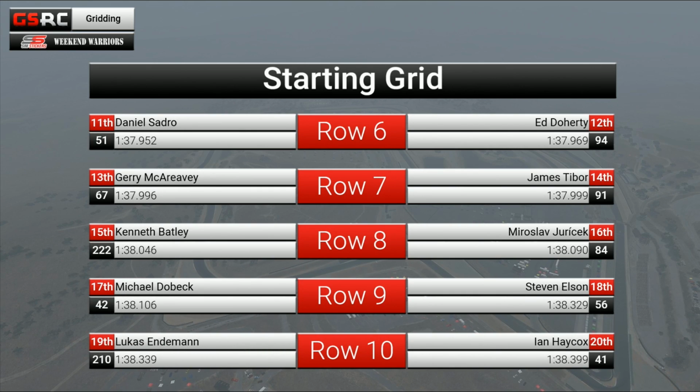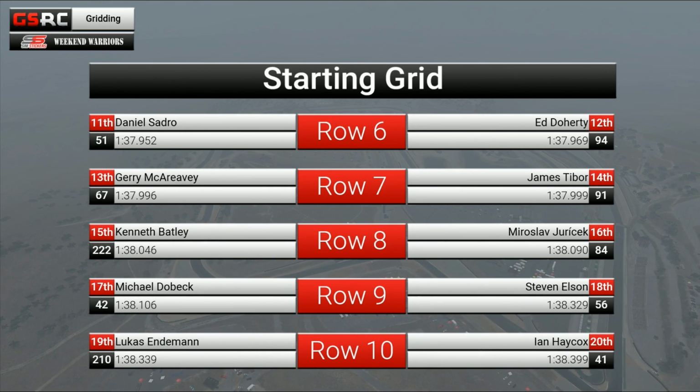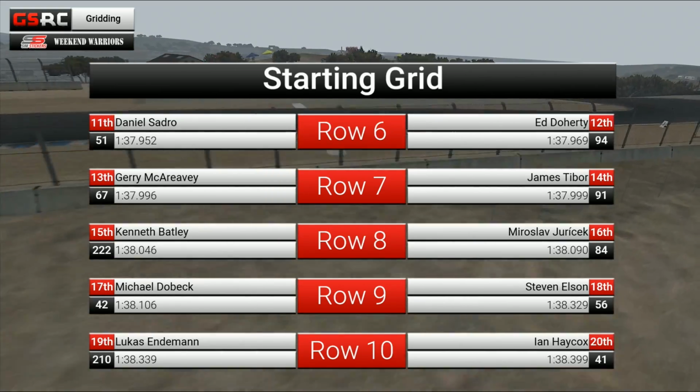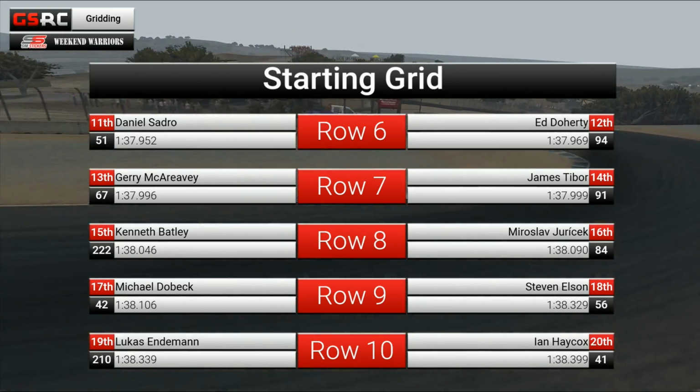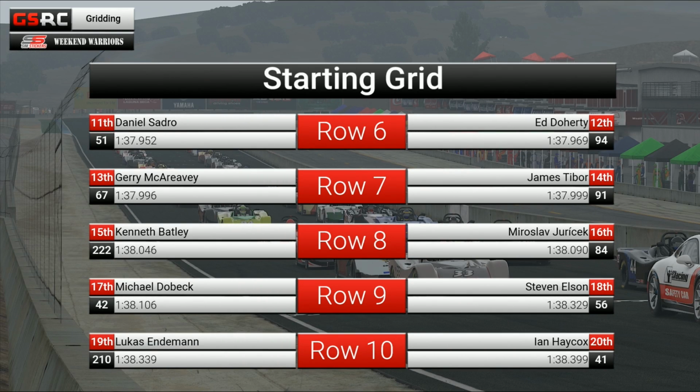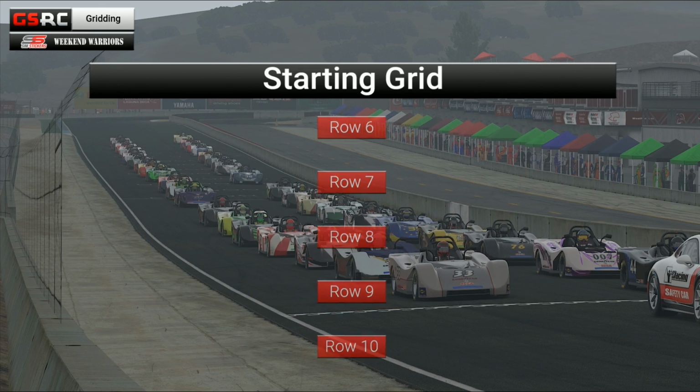Starting in 11th from row 6 is Daniel Sadro. Alongside him is Ed Doherty in 12th. 13th is Jerry McAreevy. Alongside him is James Tyburn in 14th. 15th is Kenneth Bately. 16th is Miroslav Jurasek. Quite unusual to see Jurasek down there. 17th is Michael Dobek, and alongside him in row 9 is Stephen Elson in 18th. Row 10 consists of Lucas Enderman in 19th, and rounding out that grid is Ian Haycox in